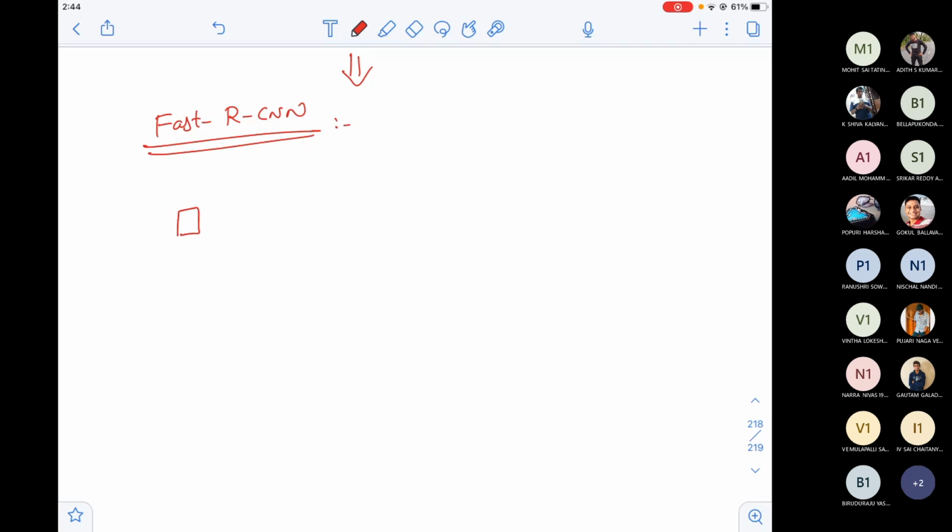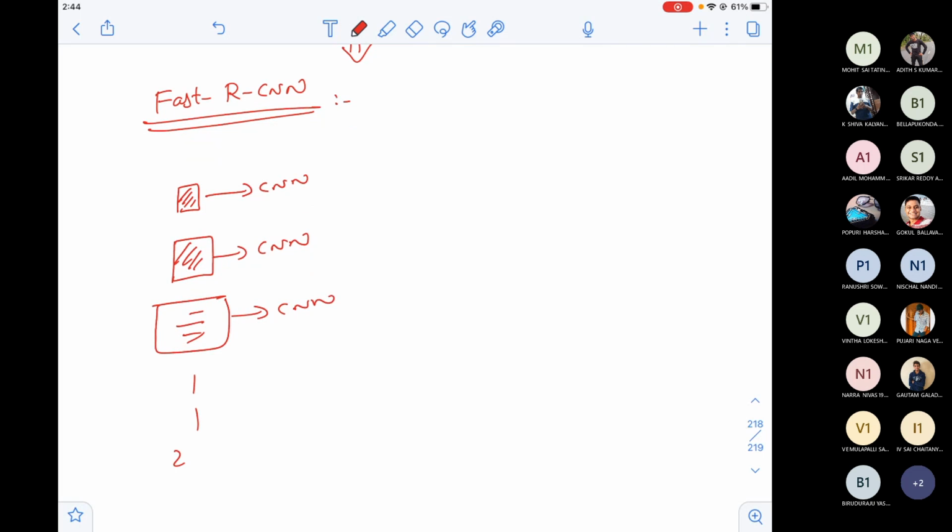This is the first box. The sub portion of the image is sent to CNN. Again, this is another box. The sub portion of this image is sent to CNN. Again, some other box. The sub portion of this is sent to CNN. Oh my God. If I proposed 20,000 boxes, 20,000 times you have to send to CNN. Oh, this is a problem.